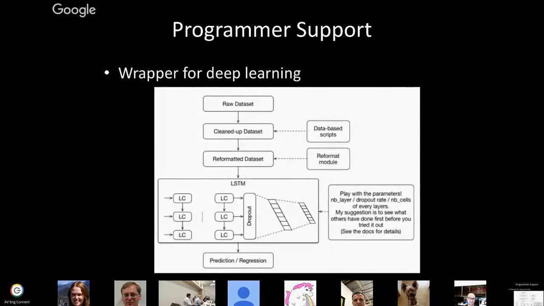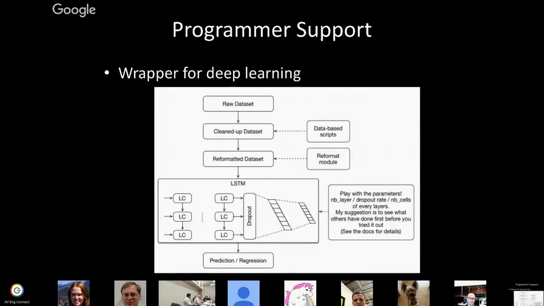Basically says the same thing. We've simplified it to the point where if you're at least somewhat knowledgeable about what you're doing, then for at least a particular deep learning kind of network, LSTM, long short-term memory, we establish a set of parameters that make it very trivial, again, for somebody who's quite knowledgeable, to send in some cleaned up data and be able to come up with some appropriate classification.